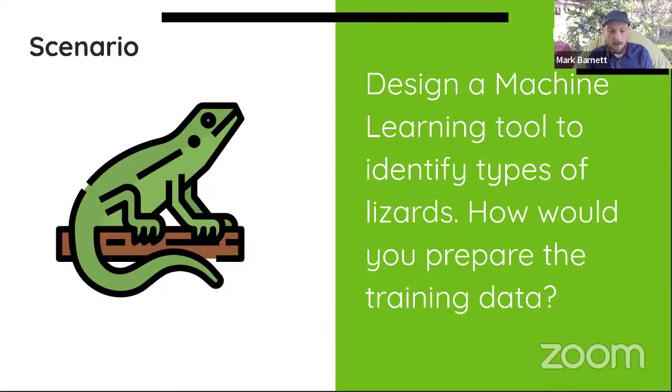So as a capstone project for this particular topic, something as a thought experiment, what I would ask students to do is I would tell them that you have a job, and what I want you to do is design a machine learning tool that can identify lizards. So what would you do to prepare and to teach this program how to do that? As a thought experiment, you could ask the students to brainstorm and think about what they would need to do so that the machine learning tool was very accurate and was free of bias.